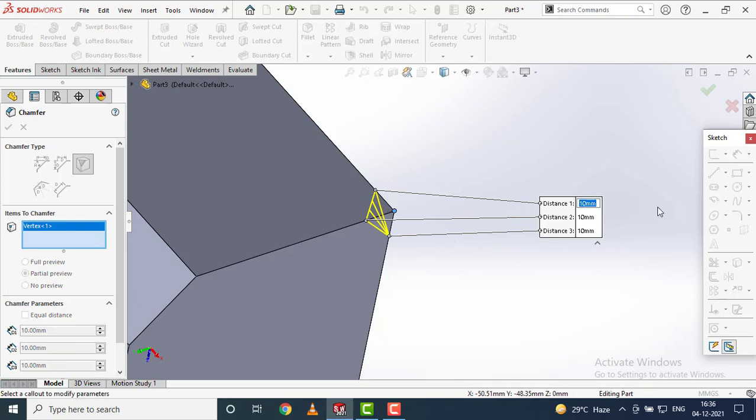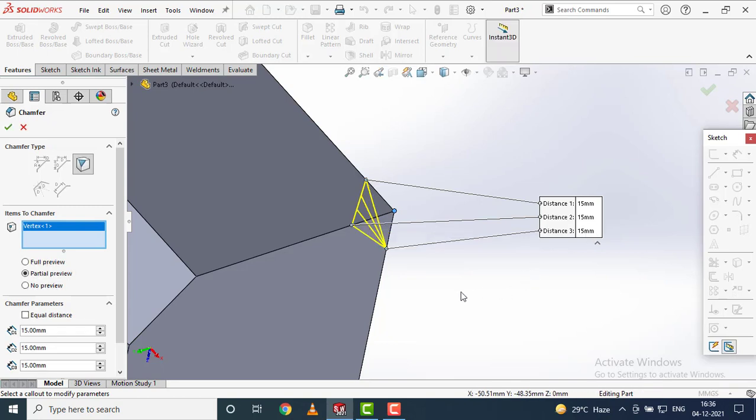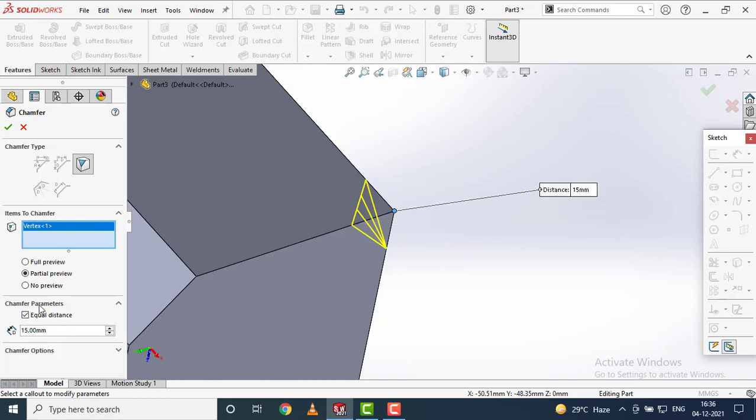Let this distance be 15 mm each. Or you may select the equal distance here like this. Click OK.